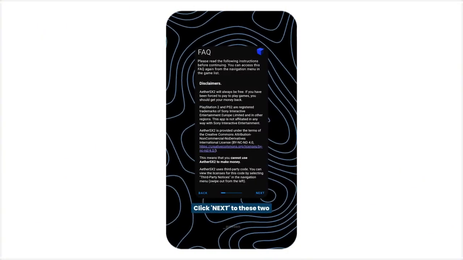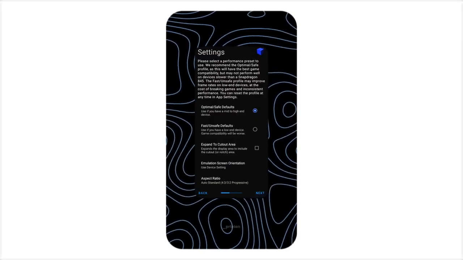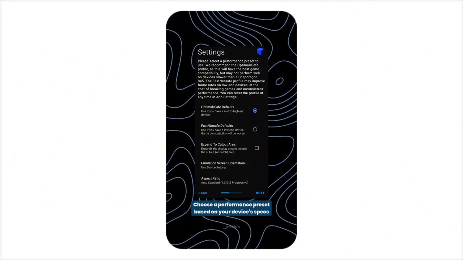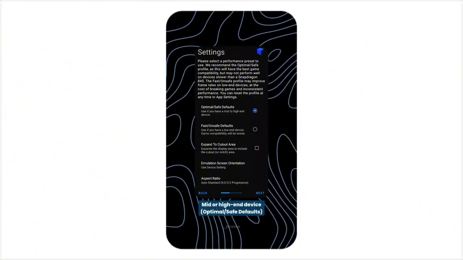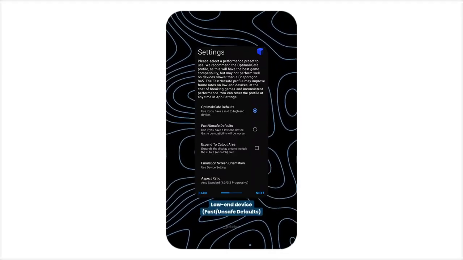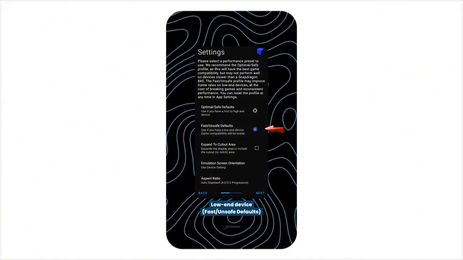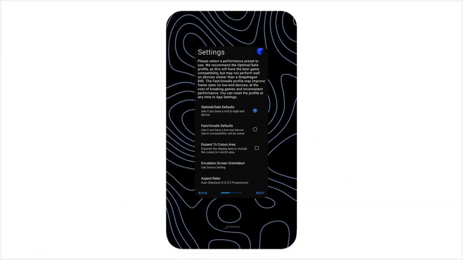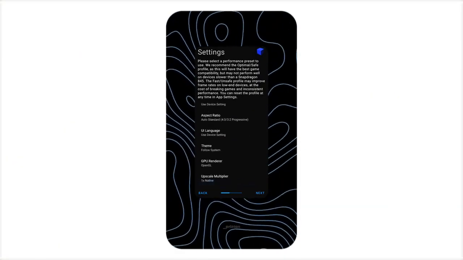You can just click next to this too. But here, you need to choose which performance preset to use based on your device's specs. If you have a mid or high-end device, you can choose the optimal, safe defaults. But if you have a low-end device, it is recommended to use the fast, unsafe defaults. Since I have a mid-range phone, I chose the first option, then just leave all these by default and click